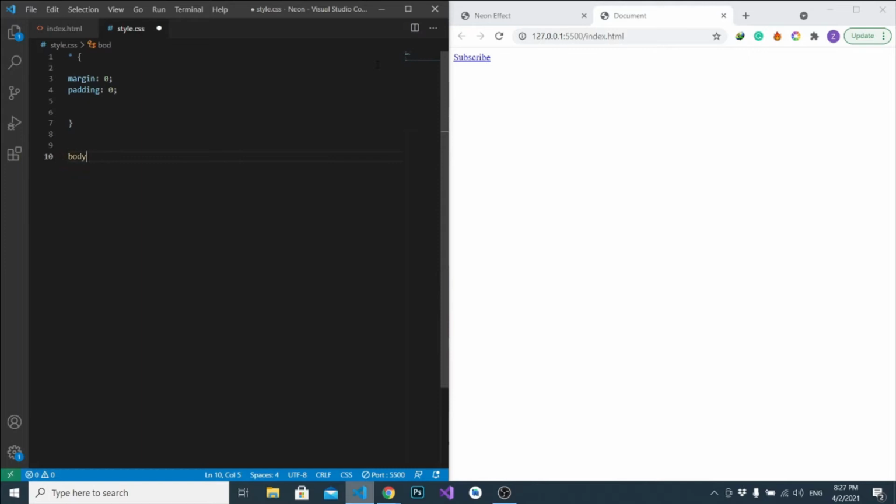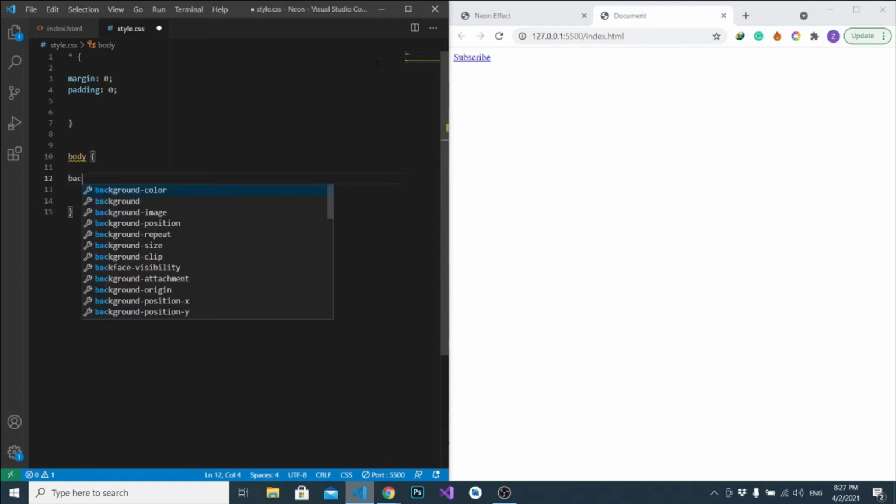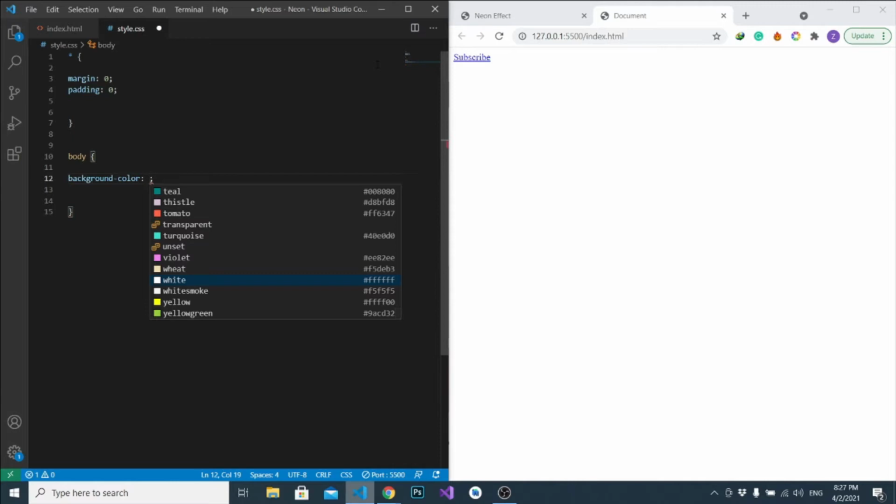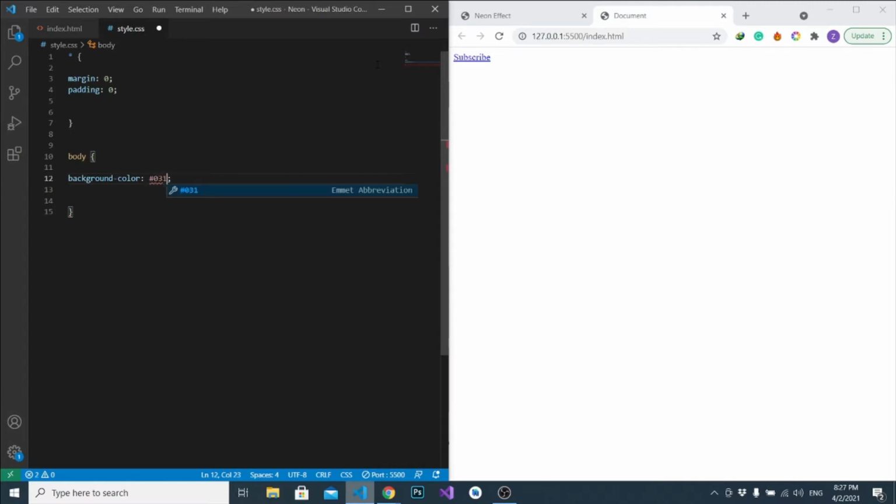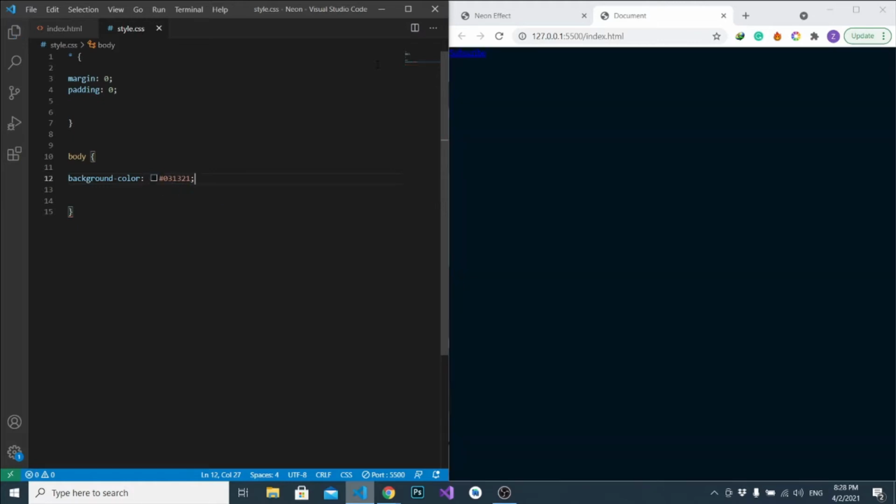Then for the body, because we are using the neon effect and the neon is a bright color, we want to have a dark color for the background. So the color I am using, background color, will be the color of the hexadecimal code 031321. So now if I save, okay,